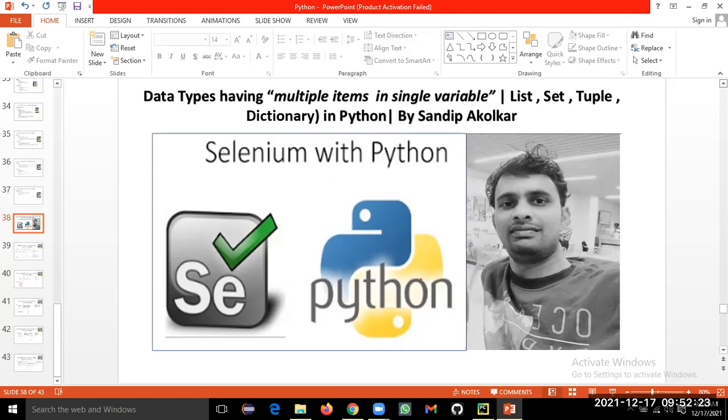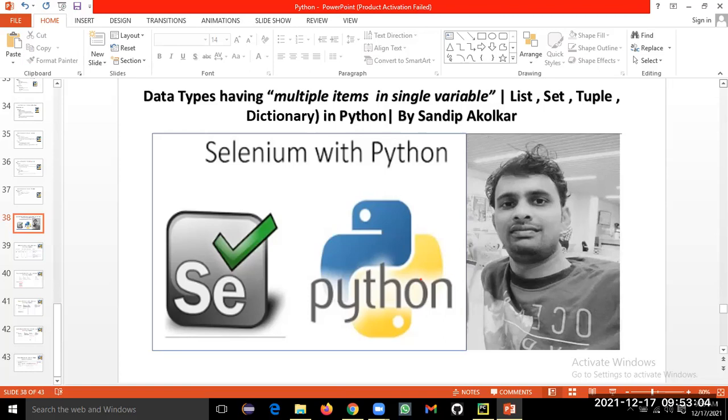So this time we are going to start with data types. We have learned the basic data types earlier, but here we are going to start with the data types wherein there is a single variable, but we are keeping multiple values in that single variable. For example, in Java, C++, or C, we have learned arrays. So these are collections, meaning a collection of multiple variables together kept at a single memory location titled with a single data type. So we are going to learn list, set, tuple, and dictionary.